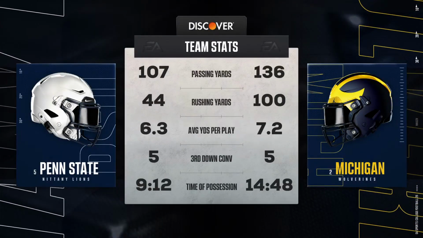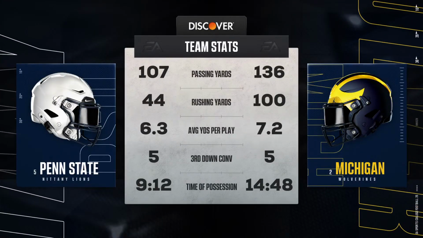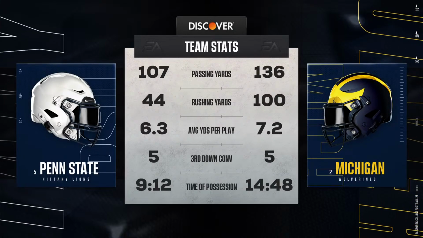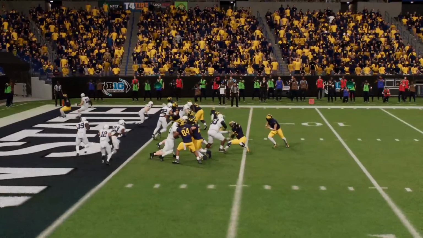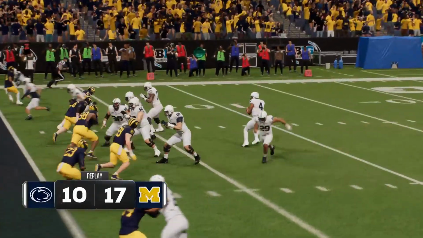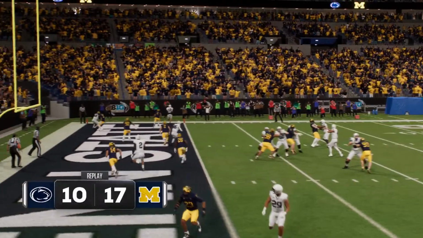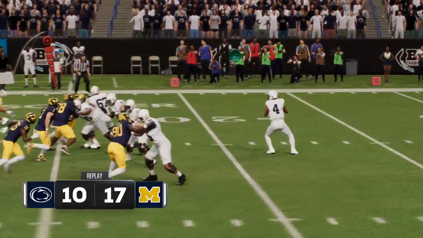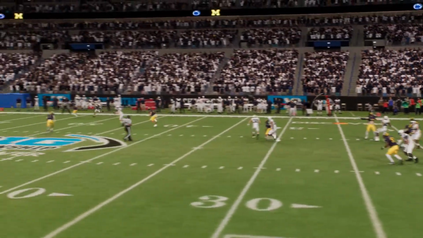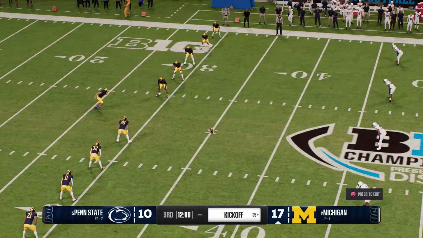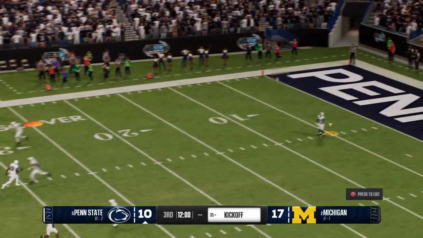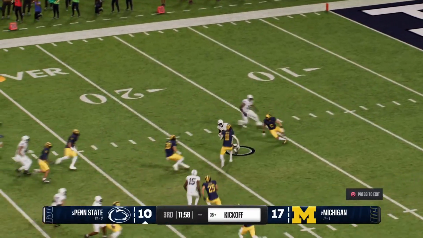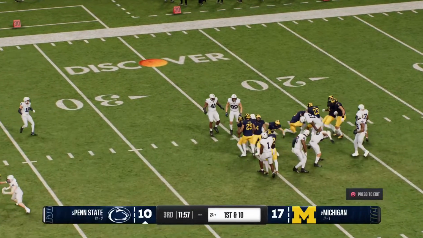Thanks, Chris. 2 quarters down in the Big Ten Championship. A couple of incredibly worthy teams battling for their rightful place in the history of this great conference. And it's been said football is a game of inches. And guess what? Based on the comparison between third down conversion rate today and the average yards per play, how can you argue that? I mean, the low-lying fruit is to look at some of the explosive plays we've seen in Penn. But really, this game is going to come down to which team is more efficient when they have the ball and how they play when it matters most.